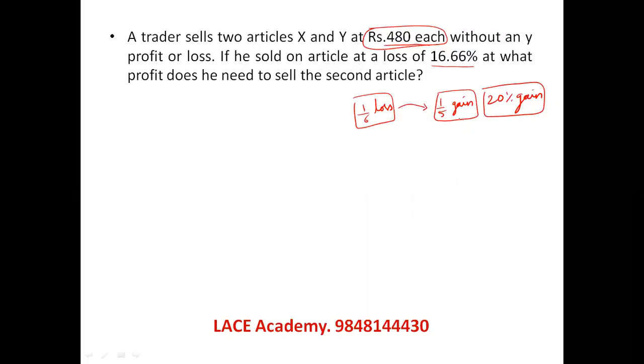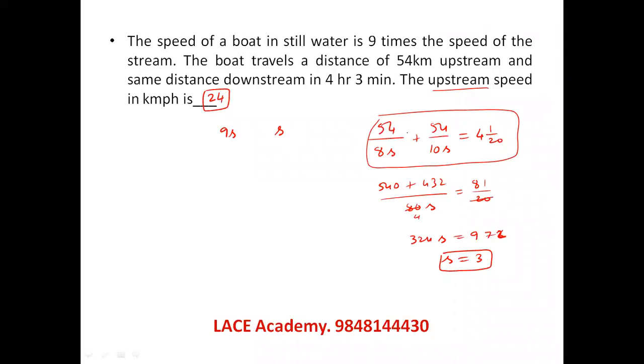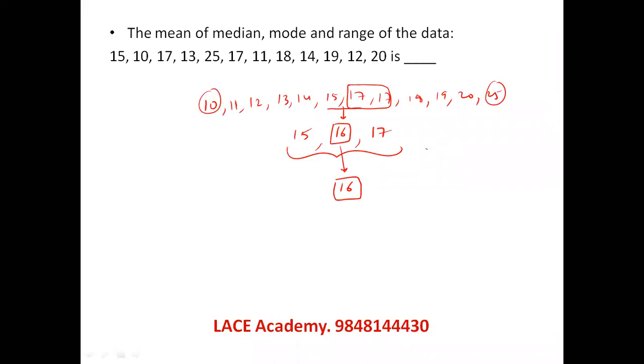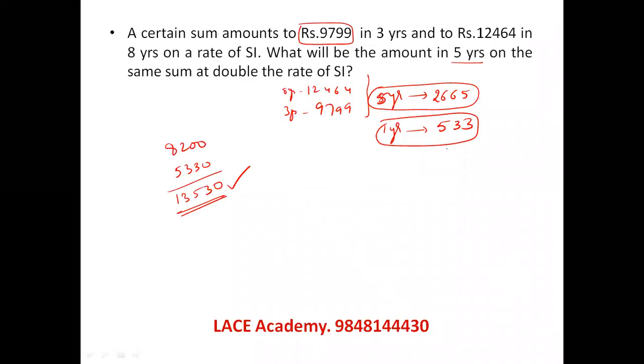1 by 6 decrease, 1 by 5 increase, they compensate each other. And this is also straightforward. Once you get this equation, your answer is done. This is also a question where you should know the incircle's radius. Once you know the radius of the circle, your answer is done. And this is also a straightforward one. In this question, the only place you need to spend 10 seconds more is this. Otherwise, everything is straightforward again.